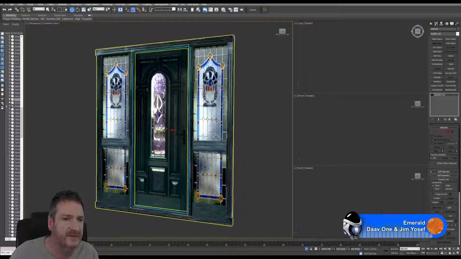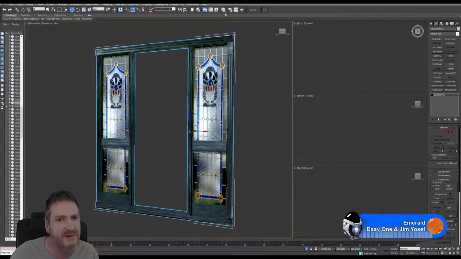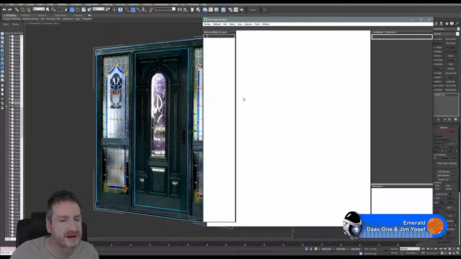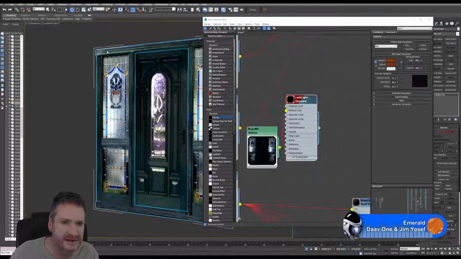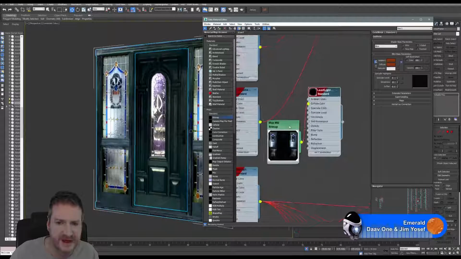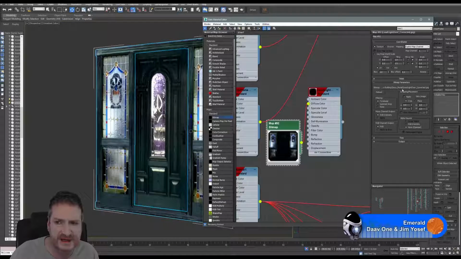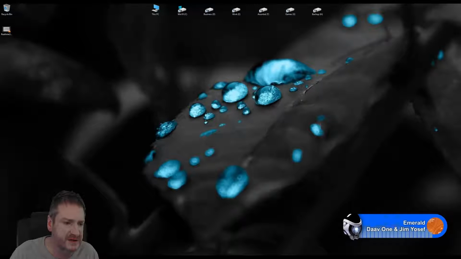So let's start by looking at the materials we're using here for the actual door frame. I'm going to open up my material editor, use my picker tool here and pick that texture. It's this one here, and I'm doing this so I can see the texture name. It's LED light door connected.jpg. What I'm going to do is